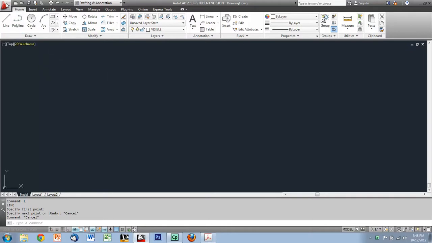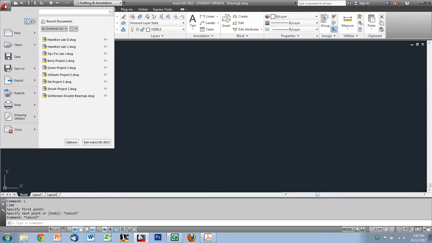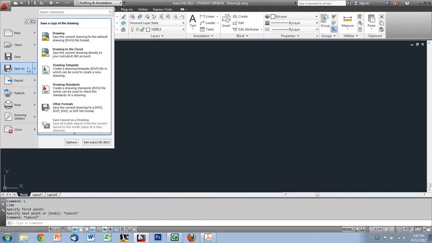So I'm going to come up to the Application menu and click on the big red A. And once that expands, I'm going to come down to the Save As menu, and you'll see that I have an option in here for Drawing Template. The drawing templates have a different file extension on the end. Instead of being a .dwg file, they're going to be a .dwt file, and that tells you that it's a drawing template file. So I want to save this drawing as a template file so that we can save all the settings that we just put together. So I'm going to click where it says Drawing Template,